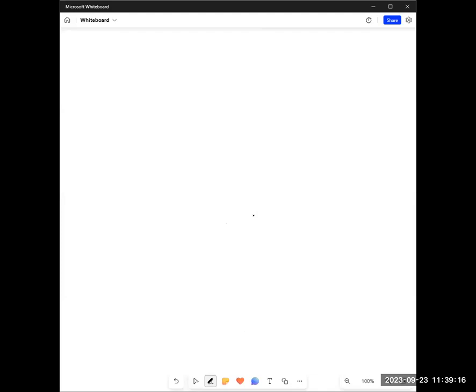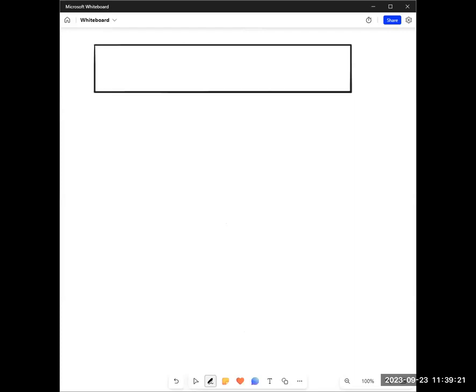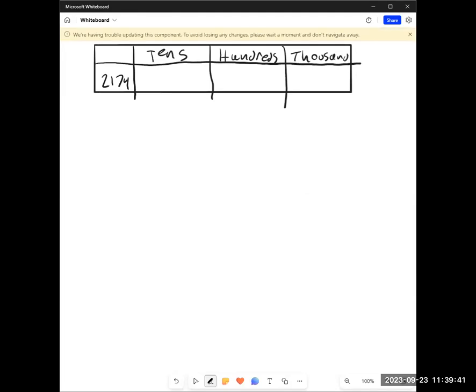This next problem, we're going to use a table and we're going to round several times to several different place values. So we've got the number 2174. We want to round it to the nearest tens, then to the nearest hundreds, then to the nearest thousands. Round it to the nearest tens. We look at this 4 that's in the ones place, and that's going to make us round down to